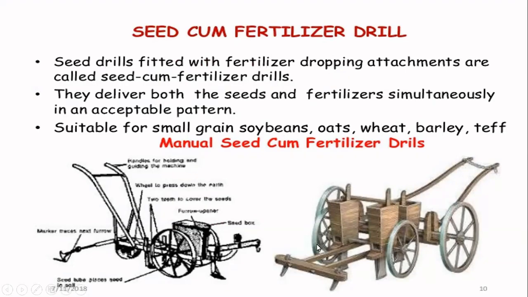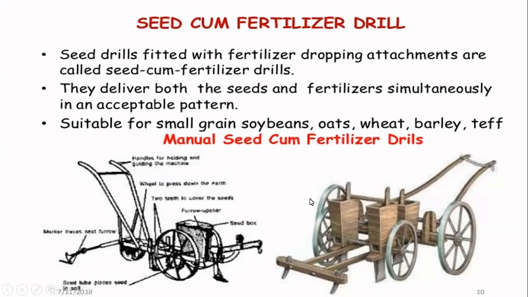So here you want to label it. Suppose we give this diagram. You want to identify what this is. What is this in the front? Yes, furrow opener. You see the furrow closer. You see behind, one wheel is there. This is a compact wheel. Seed box, ground wheel. Some seed metering devices are at the bottom. We cannot see the bottom inside of the hopper. Handle. So these are the things you want to label.